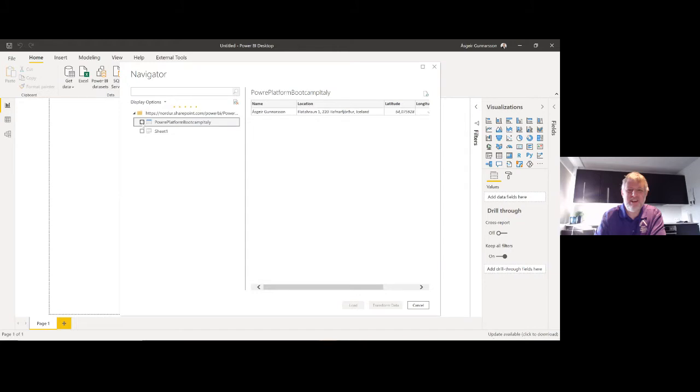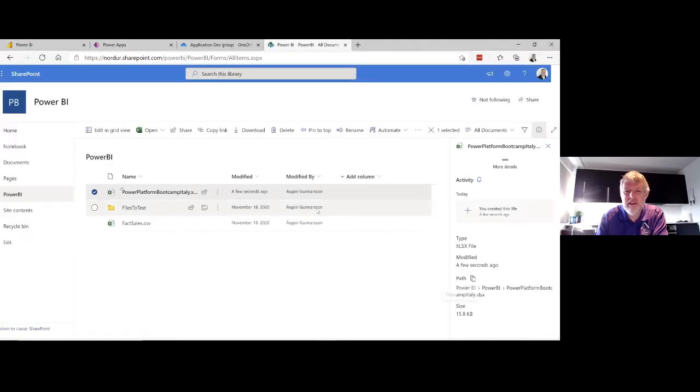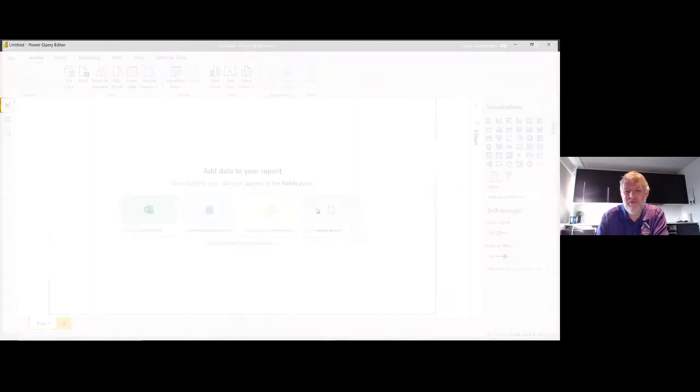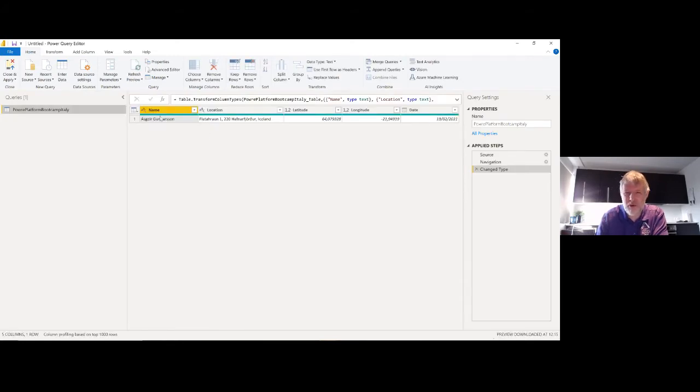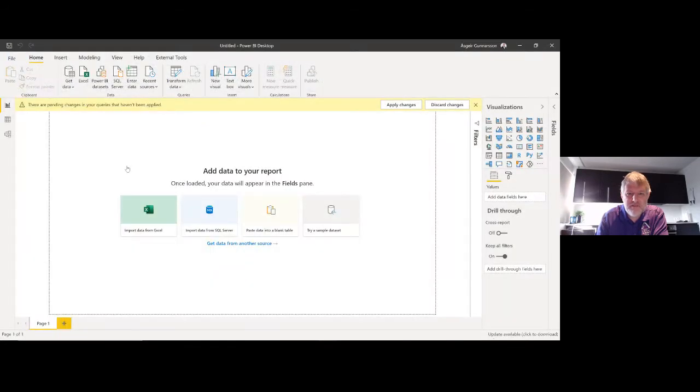I'm just gonna say this is the table. I want to connect to the table, not to the sheet. Although it wouldn't make any difference in this case, but I just wanna do this properly. I'll go to transform data, because I always go to transform data. I just want to make sure that my columns are correct and they look correct. Power BI changed the type correctly. So I'm just going to say close and apply.